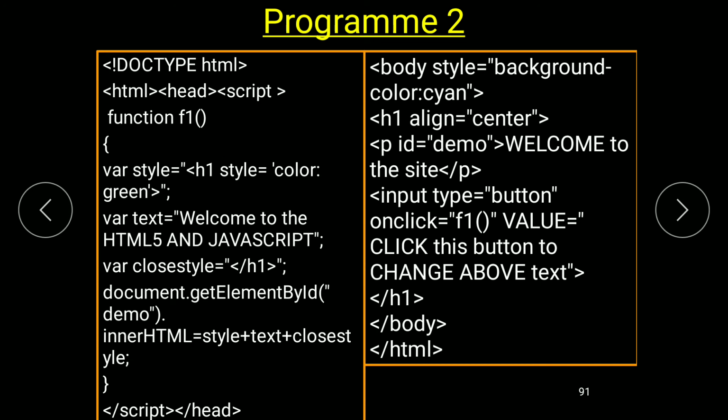Okay, so in the head section what do we have to write? The definition, right? But before that I am going to explain the body part. So here you can see body style equal to background color. You can directly also add body bgcolor equal to sand or anything you want. But I am going to add the style attribute of the body, and in that I am changing the color of the body.